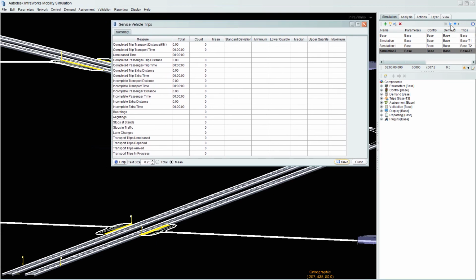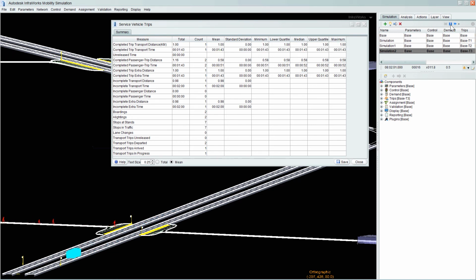But if I set the simulation running, you'll see that it will gradually become populated with data. And as I say, it's all dynamically updated as things are happening. So we'll just let that run for a second, and then we'll see what's been produced.